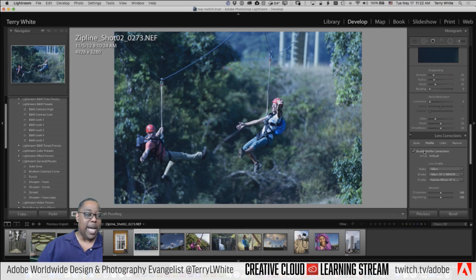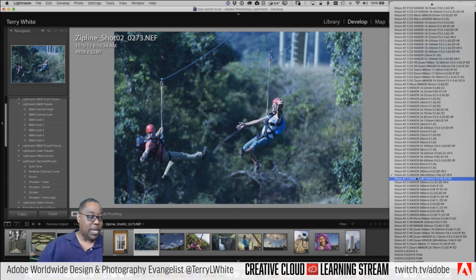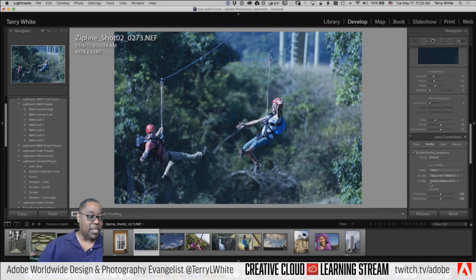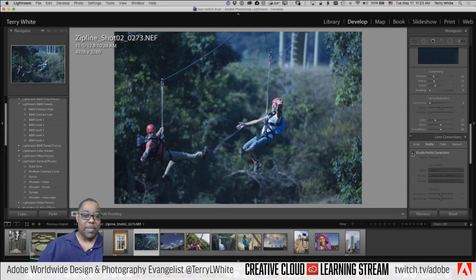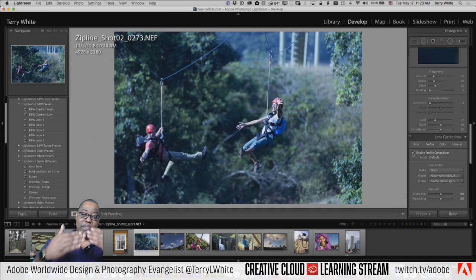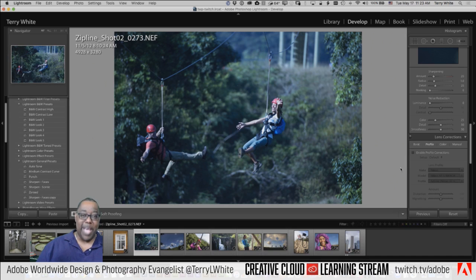Yeah, okay. See how that one automatically detected it because that's the original raw file from whatever camera shot this. So it detected that this was a Nikon camera with a 200 to 400 millimeter lens, and it did the adjustment based on that. So I turned that off and turn it on, and see it bowed it just a little bit. It made the profile correction based on that camera and that lens that it picked up from the image's metadata or EXIF data. So in the case of doing basic corrections, which is where I wanted to start,